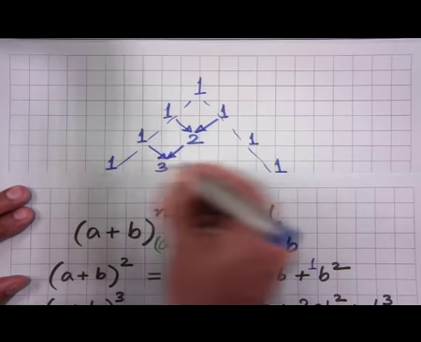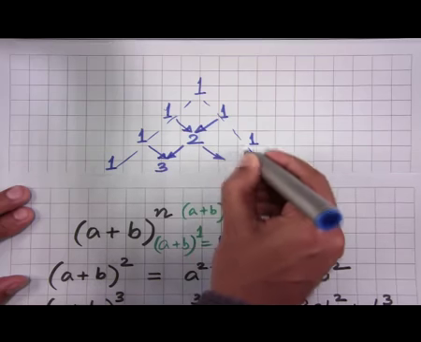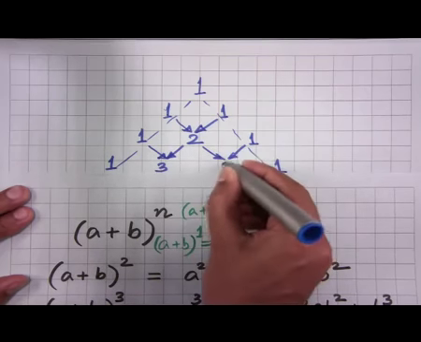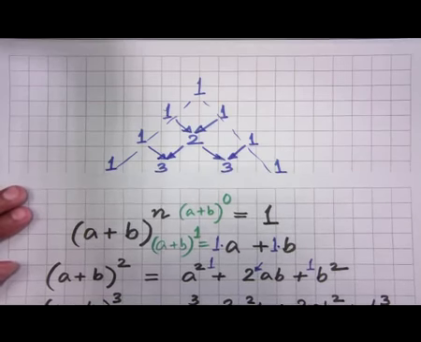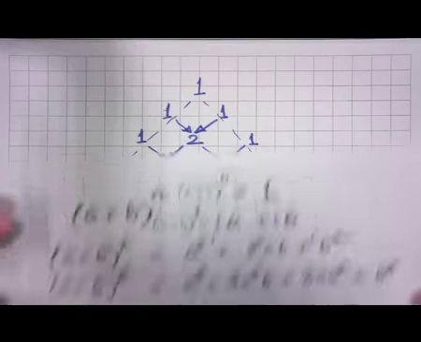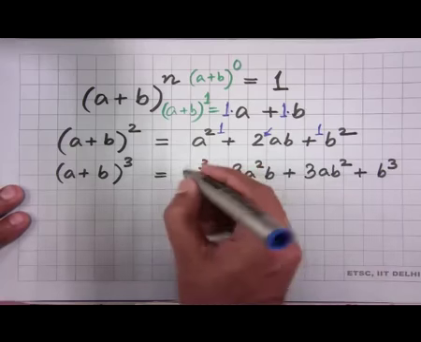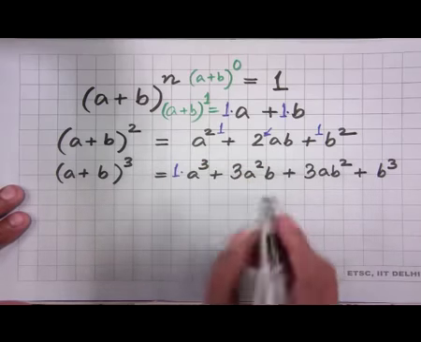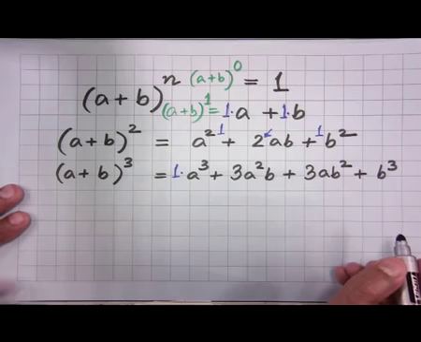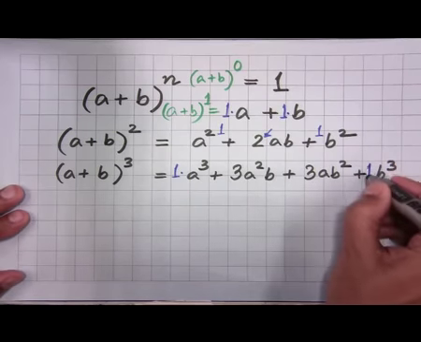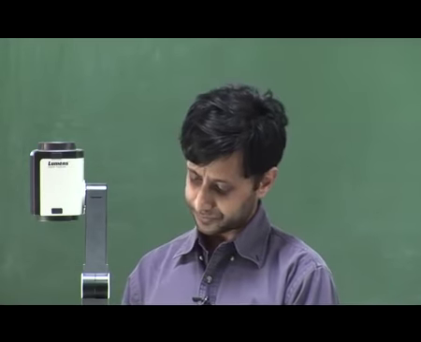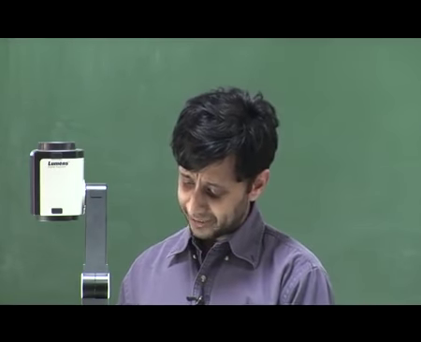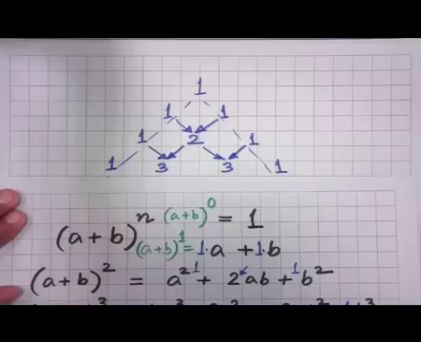So, you get a 3 over here, you get a 3 over here, 2 plus 1 is 3, right. So, it is 1, 3, 3 and 1, and you look over back at a plus b whole cube, it is 1 times a cube plus 3 a squared b plus 3 a b squared plus 1 times b cube. So, you have got the coefficients all right,